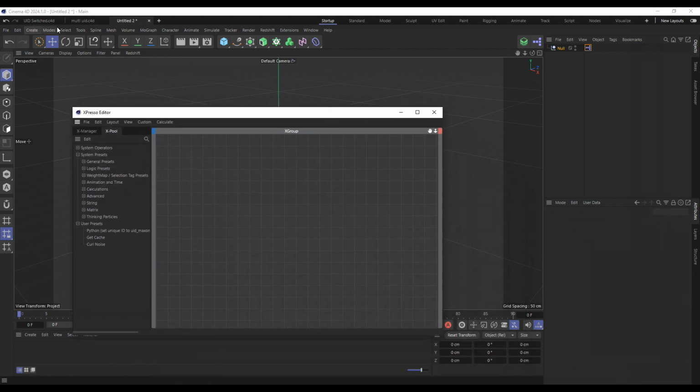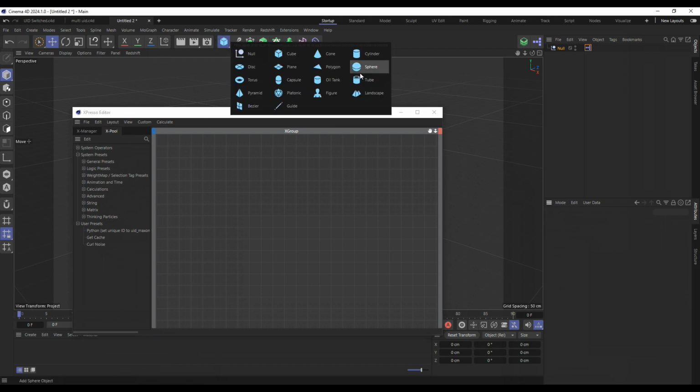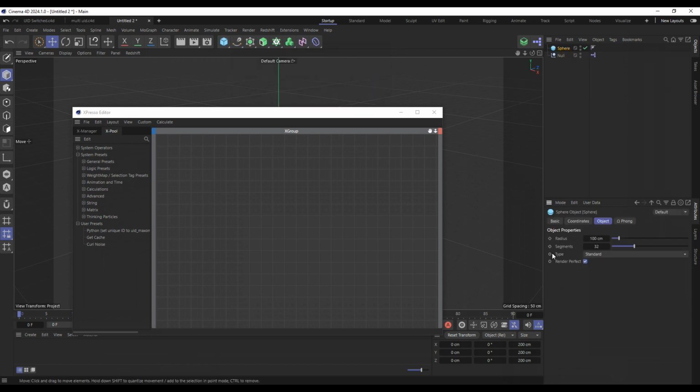I've got a couple of example files, including the thumbnail file, but basically I'm going to try and build, well, let's just crack on and build something, because this is what I'm going to do for the next tutorial, which is simulation based. So starting with a sphere, which I'm going to make 250, and